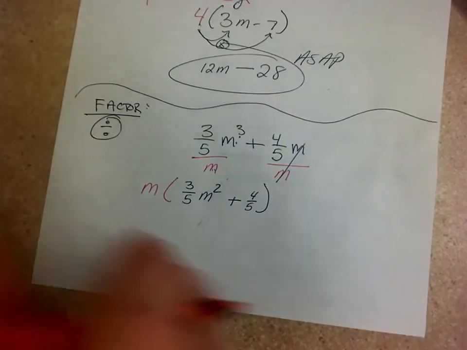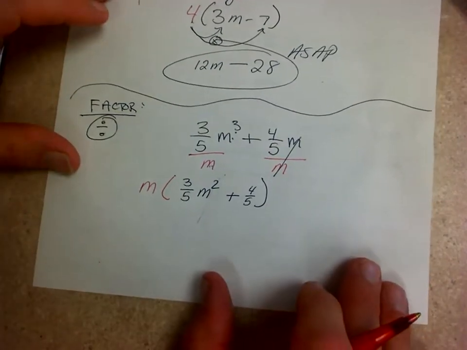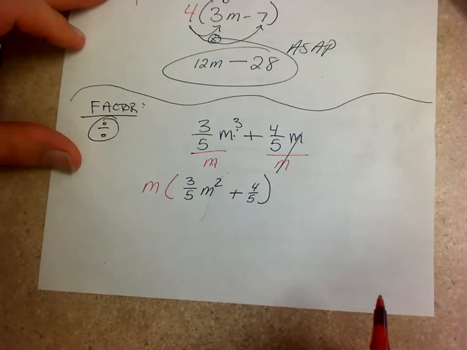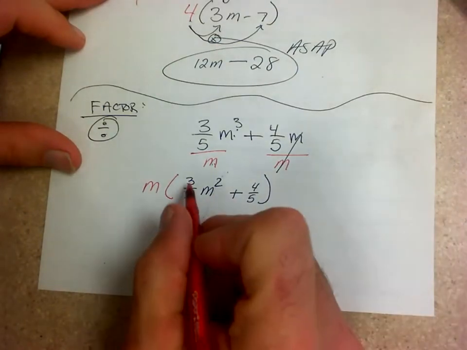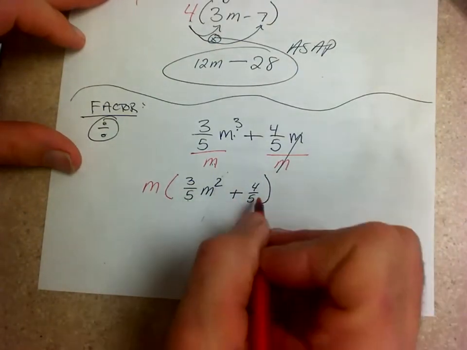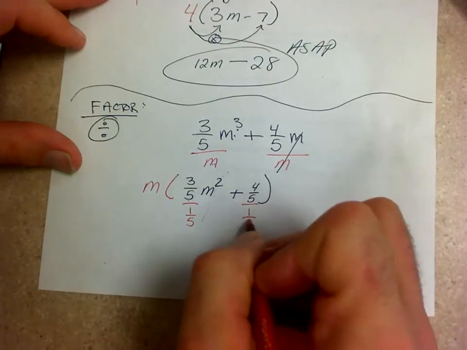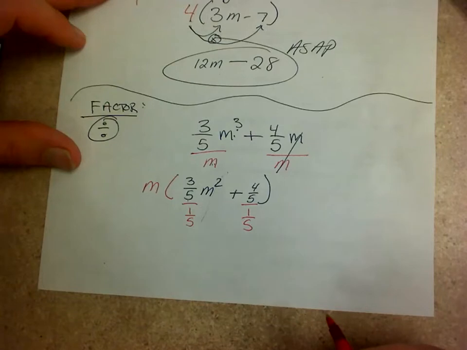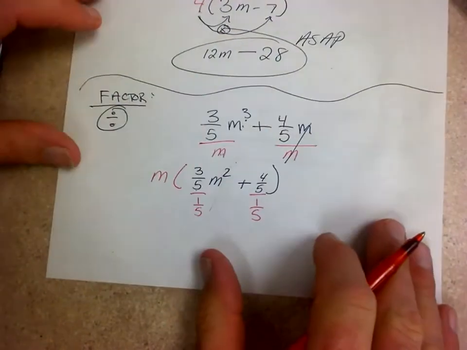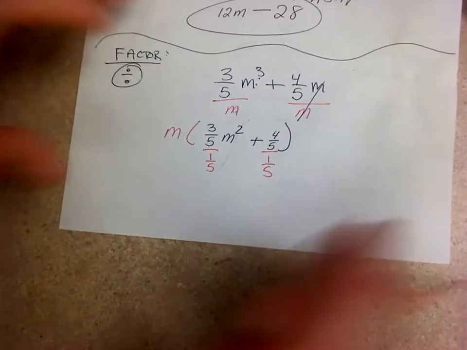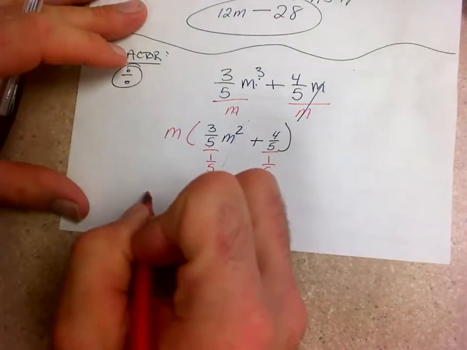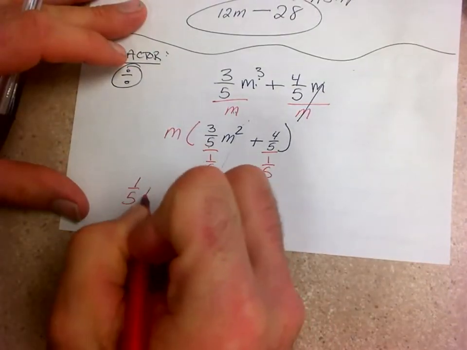Now we need to continue. There are no more variables they have in common, so we need to look at our numbers. And we have the fraction. Both of these have the fraction 1/5 in common. We can factor that out of there. So that means now we have a 1/5 m